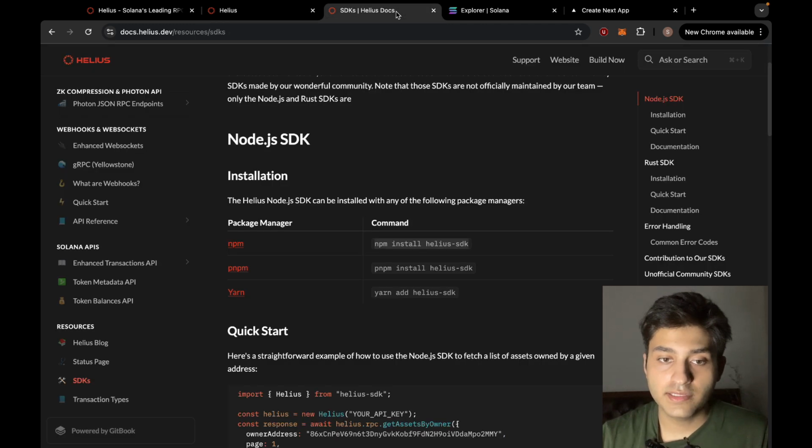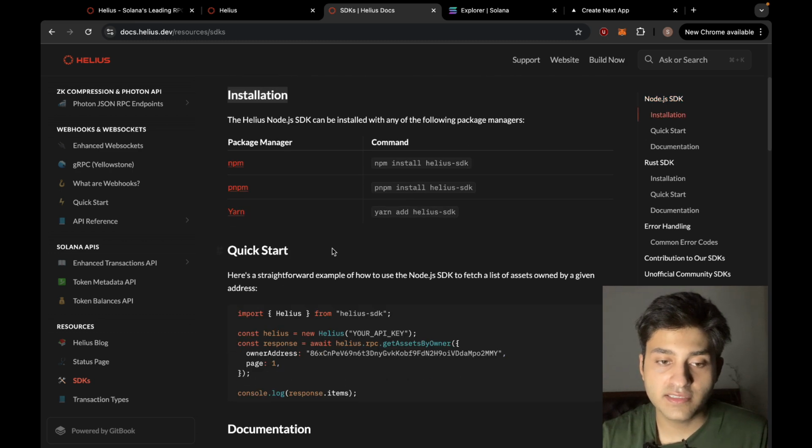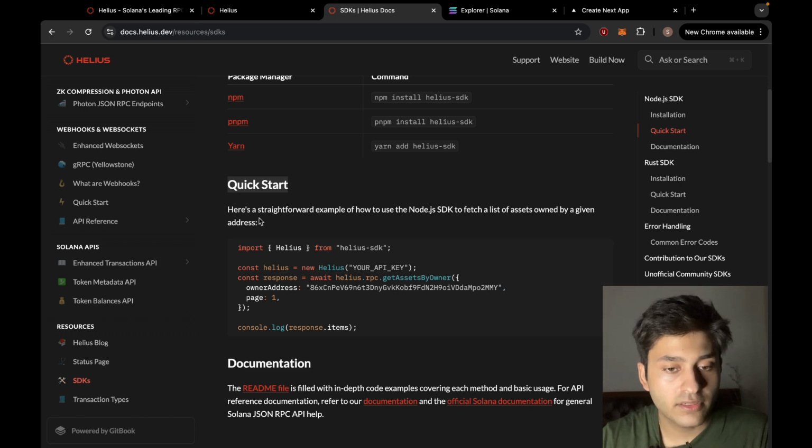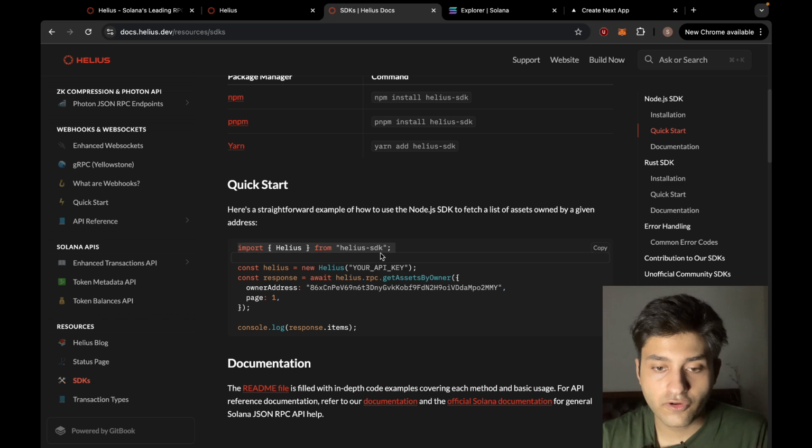So the very next thing is, actually let's go back to our documentation to see what we need to do next. We have completed this step which says installation. Now let's go to the section called quick start, and I'm going to leave the link to this documentation, specifically this page, down below, so that you can follow it from the get-go. And let's go ahead and see how we can get started. As you can see in the code example, it says import Helius from Helius SDK, and then on this very first line you need to create a new instance using new Helius, and then passing in your API key that we just generated,